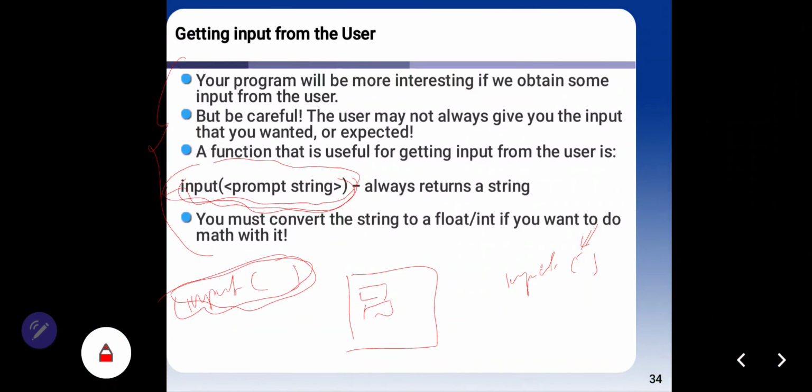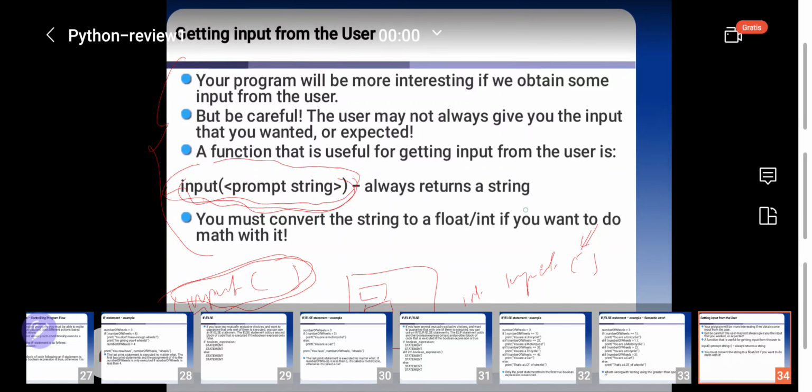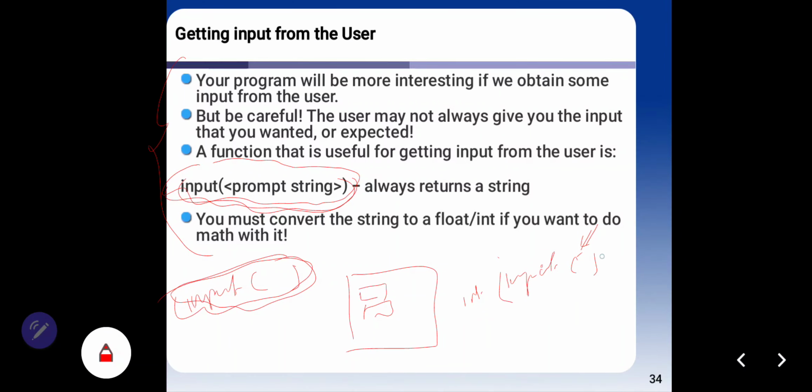But if you want to convert this string into an integer, you just give it like this, with parentheses like this.